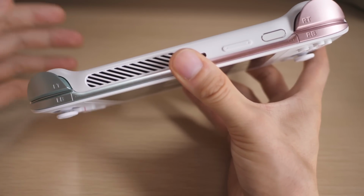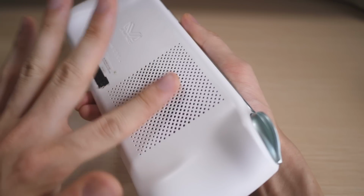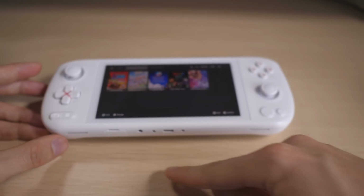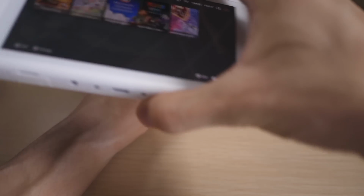This is where the hot air has been coming out, and it feels actually quite cool here on the back because I presume that this is where the air is being intaken. If you put it on your table like this, it's gonna have a harder time getting air in. If I'm playing on my lap, I'll be playing, and then I'll put it down so I can check